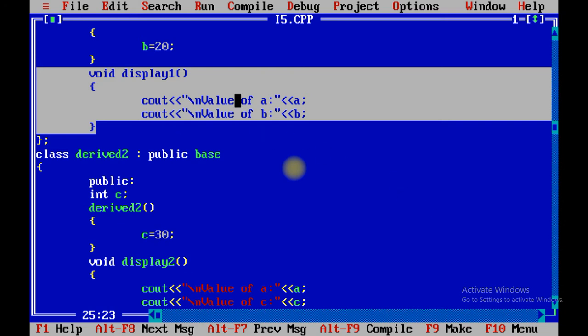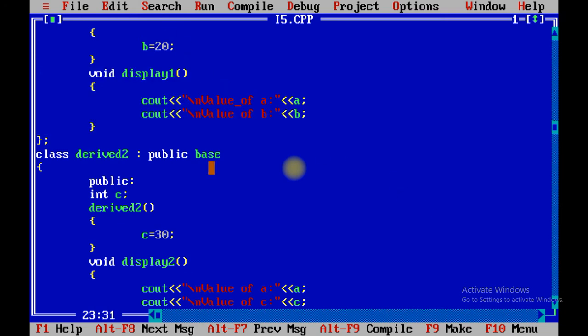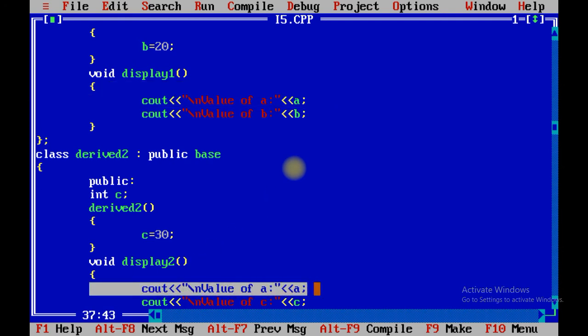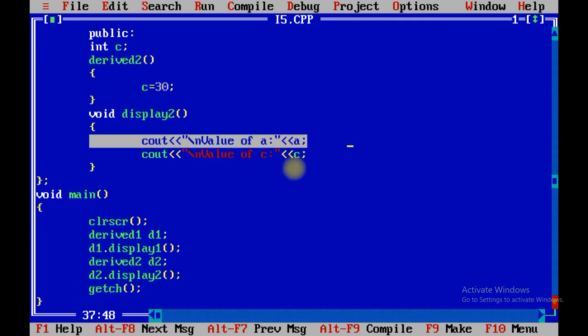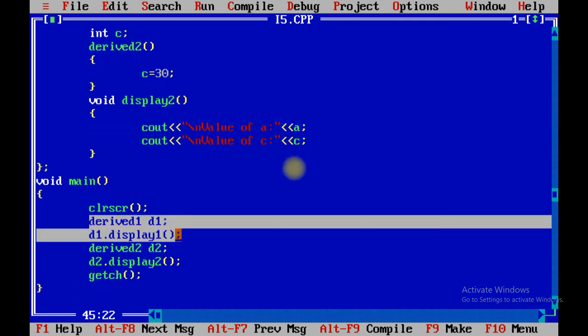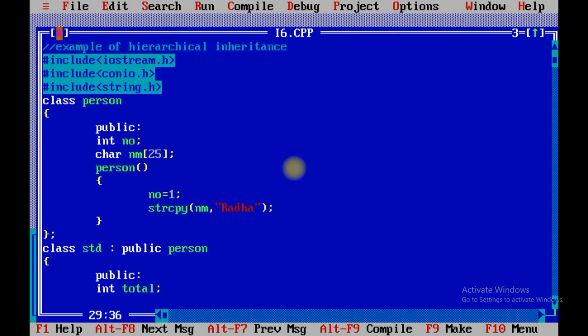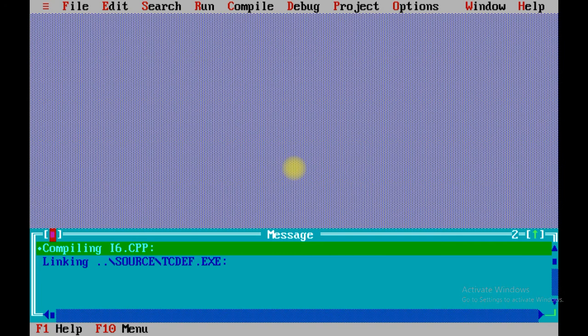A is the property of base class, so it can be accessed by both the derived classes, and you need to create object of individual class and you need to call it individually. So in this way the concept of hierarchical inheritance is executed.